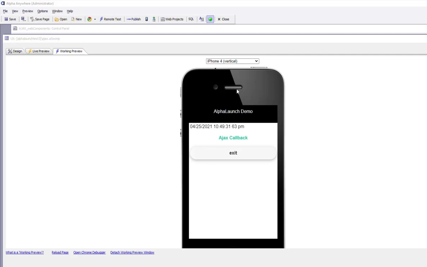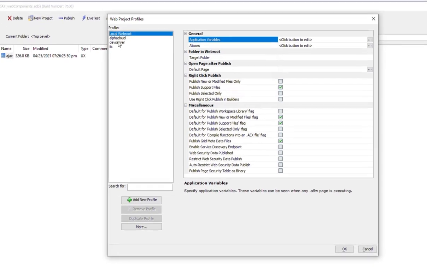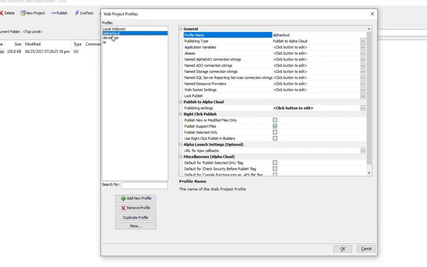So we'll start by publishing this app to an Alpha Anywhere server, and we're going to choose to publish it to an Alpha Cloud server. So I'll go to my web control panel, and then I'll go to Profiles, and you can see here that I already have an Alpha Cloud publishing profile. So if we take a look at our publishing profile over here,